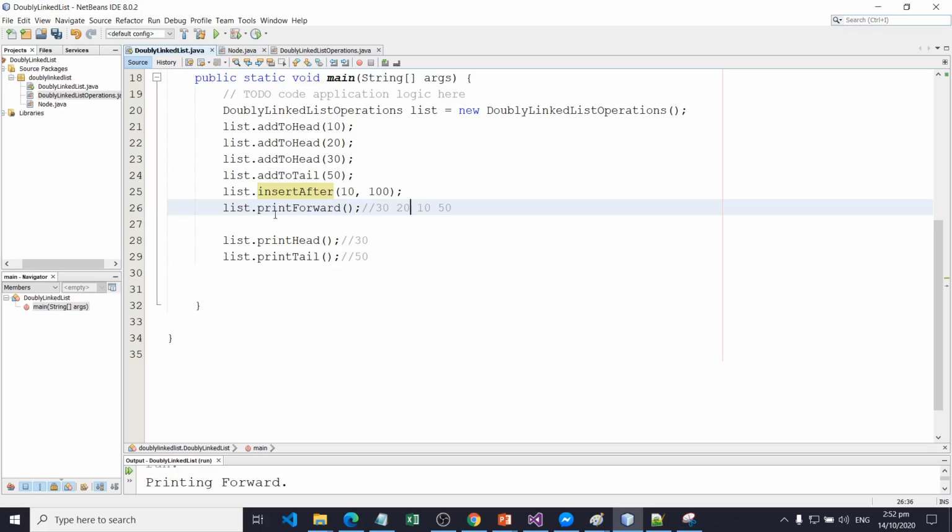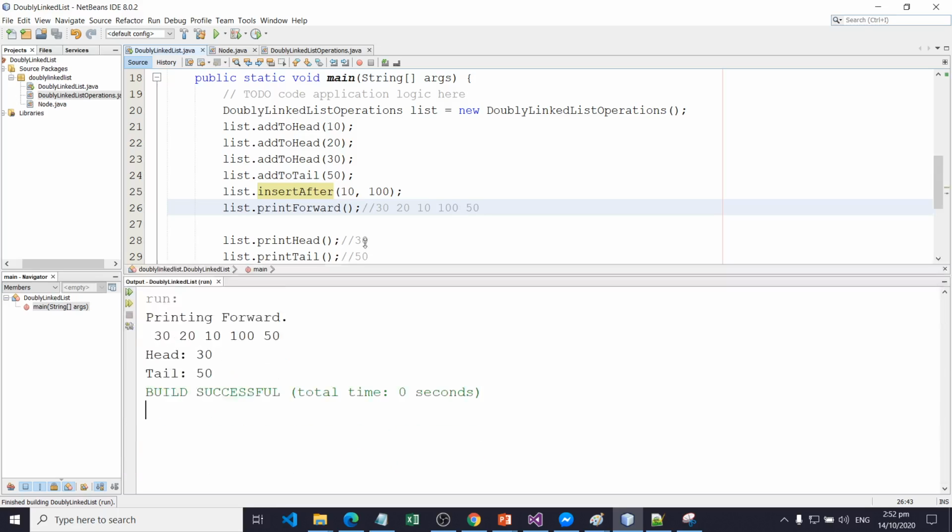Then we insert after the target item 10 and insert 100, so 100 will be inserted right after 10, so it must be here. When you print it, let's run and see the output.